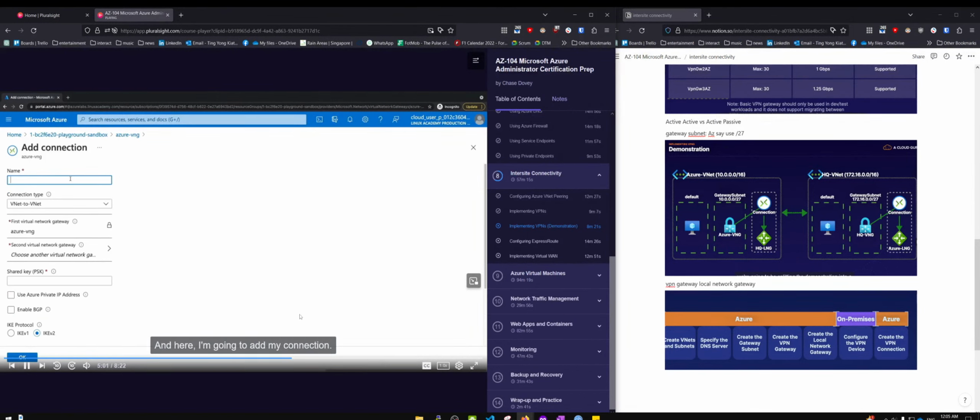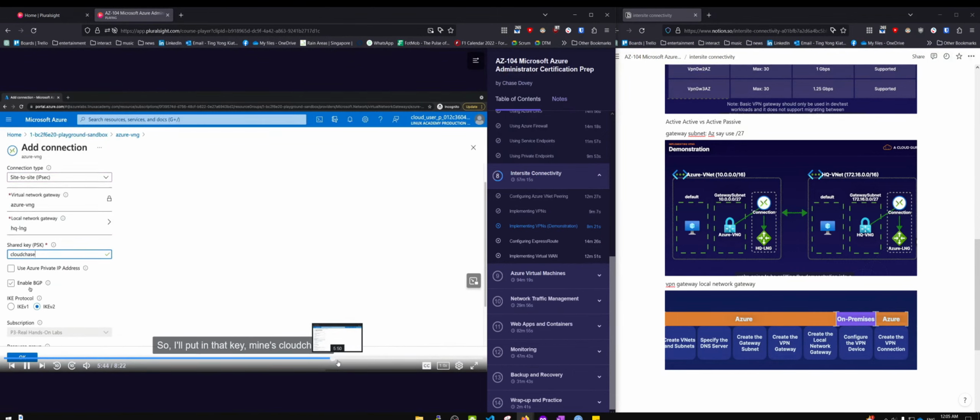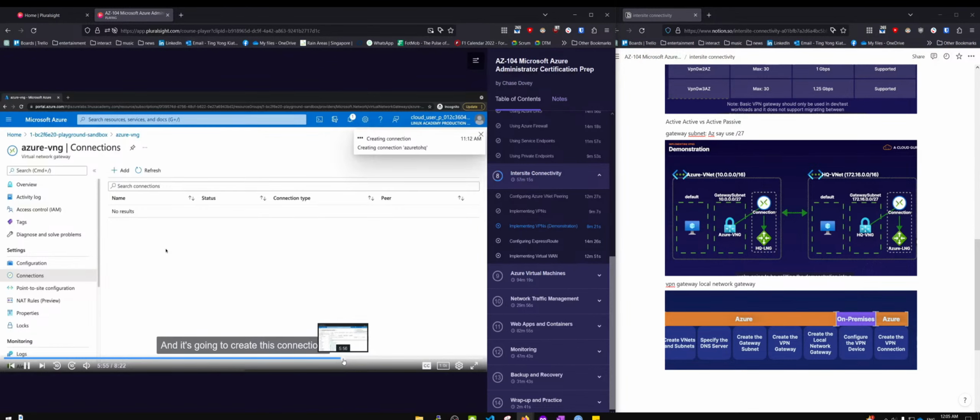and here I'm going to add my connection. I'm going to call it now, and as we see, this will be another virtual network. And we could do this. Right, the side here we have our use a shared key. I'll put in that key to enable the BGP protocol because I'm going to create this connection, and I'm going to